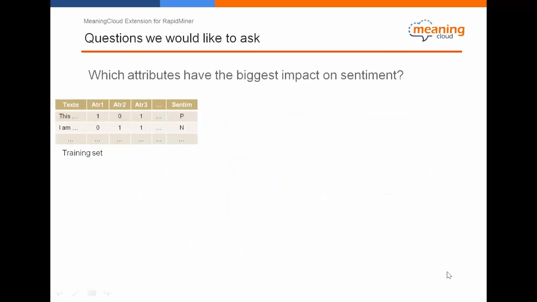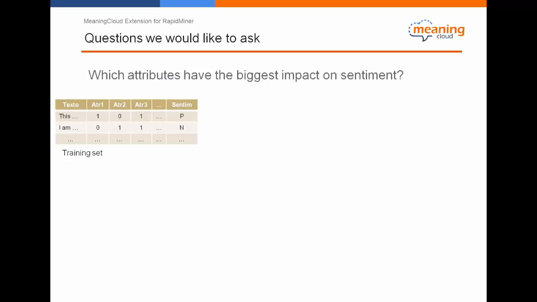Let's go for another question. For example, imagine I am interested in discovering if certain attributes appearing in the comment have a certain impact on the sentiment. For example, the sentiment tends to be negative if the usefulness of the commentary is low, or if the commentary talks about a specific category of products, for example.